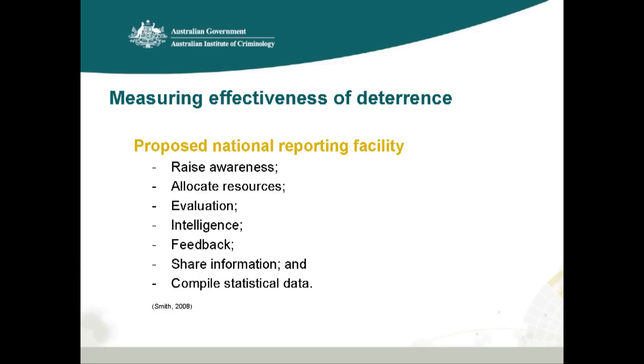Now, there is some good news. The Australian Government is planning to undertake a feasibility study in relation to establishing a national reporting facility for cybercrime. In relation to fraud, a national reporting centre allows for the development of an improved response in relation to prevention and intervention. This would allow for the collation of information domestically, which can also be shared with the international community. Data collected by a national reporting centre can be used to raise awareness of victimisation, enable resources to be allocated effectively and appropriately,